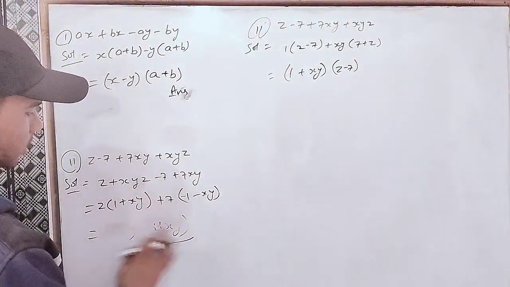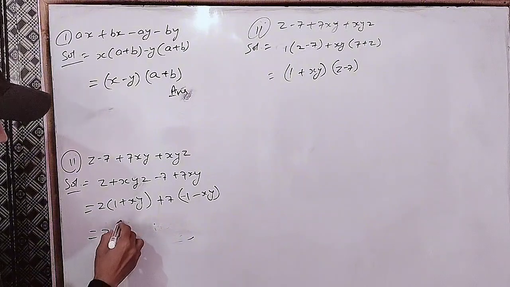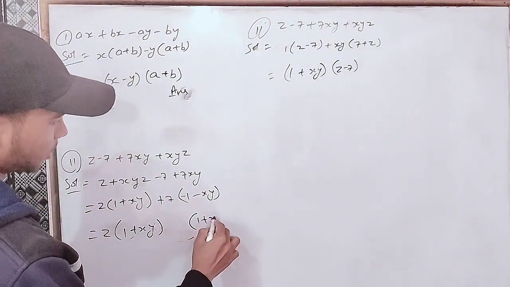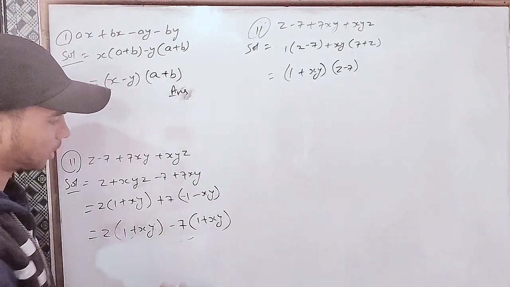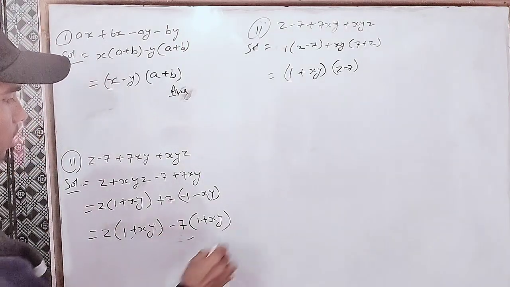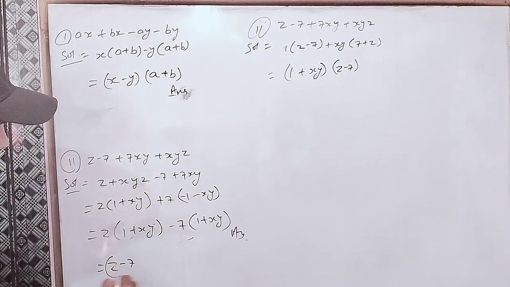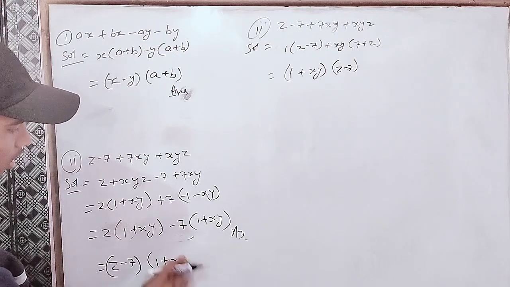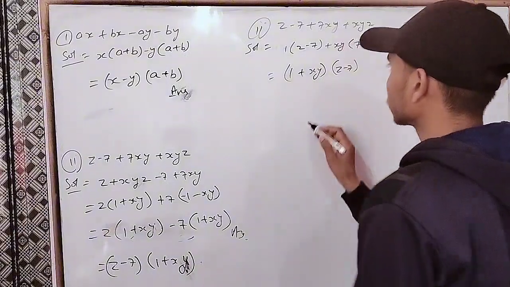Here we can write the next step: z times 1 plus xy and 1 plus xy. Can it be written here like that? This is the same. Okay. Now we have z minus 7 then 1 plus xy. We didn't change anything in that equation. Okay. Similarly,